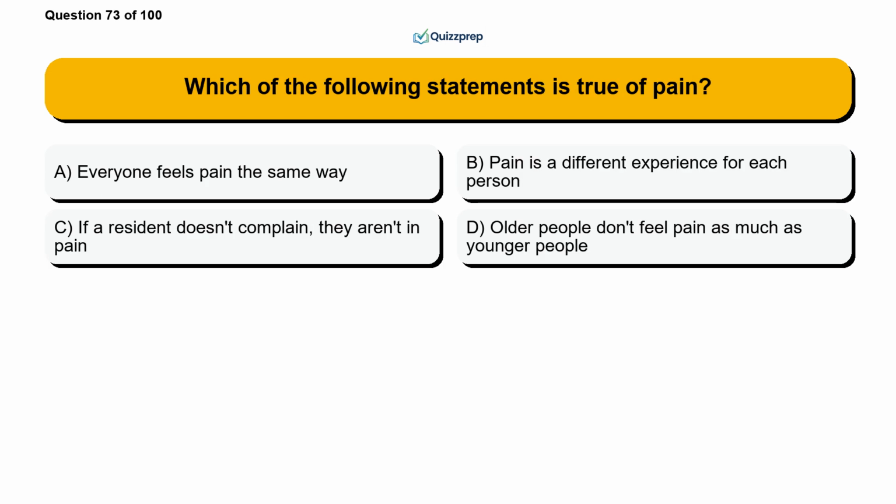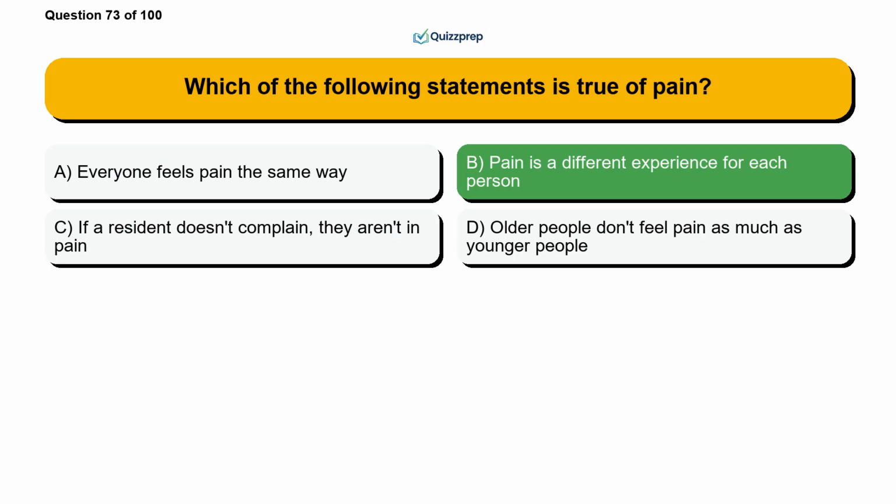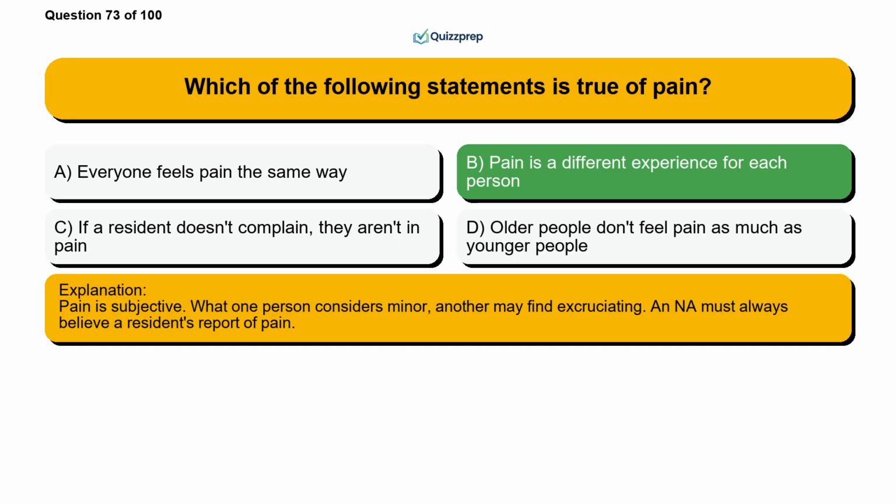Question 73. Which of the following statements is true of pain? Option A, everyone feels pain the same way. Option B, pain is a different experience for each person. Option C, if a resident doesn't complain, they aren't in pain. Option D, older people don't feel pain as much as younger people. The correct answer is option B, pain is a different experience for each person. Pain is subjective. What one person considers minor, another may find excruciating, and nurses must always believe a resident's report